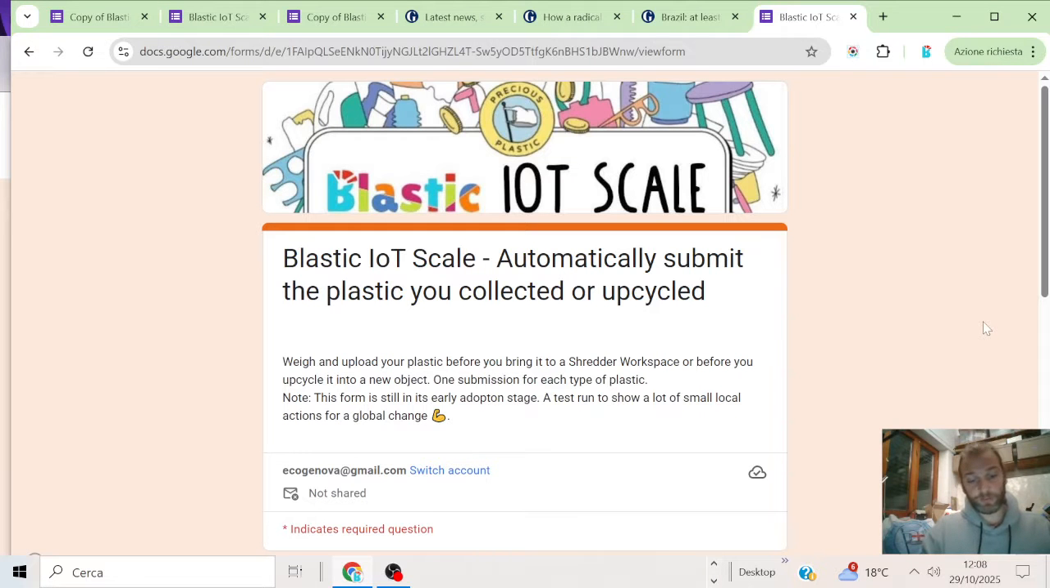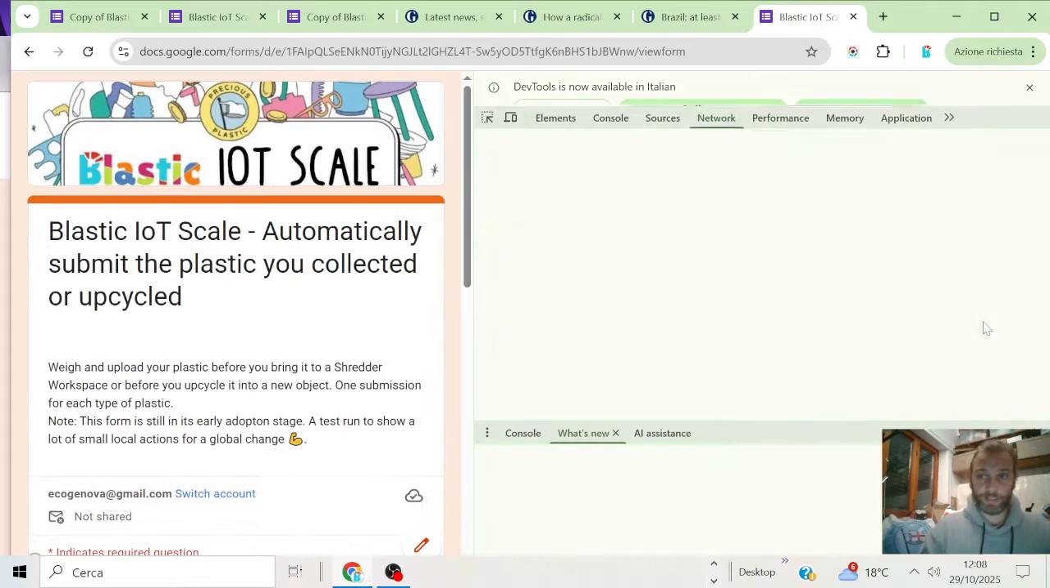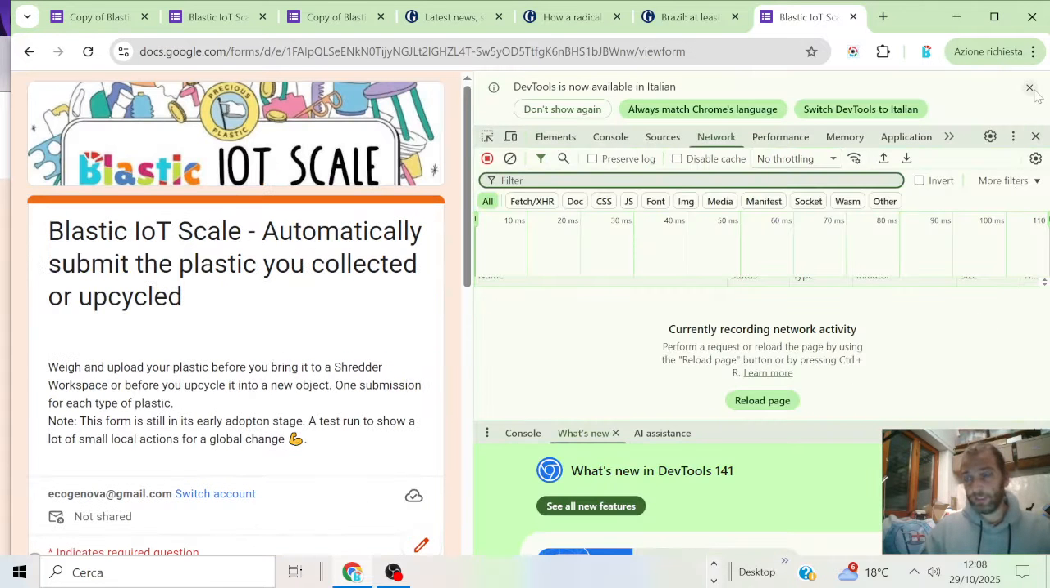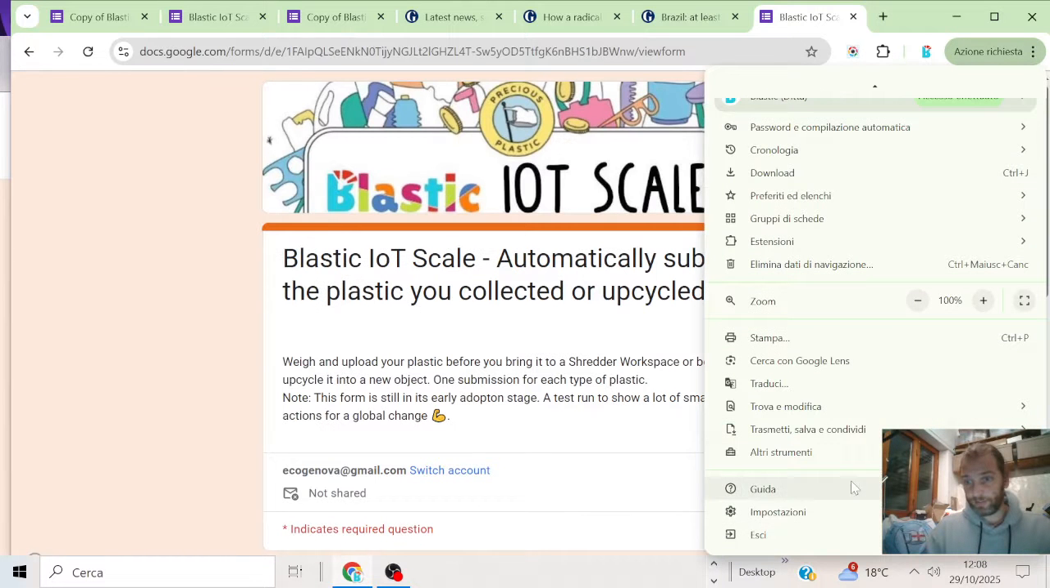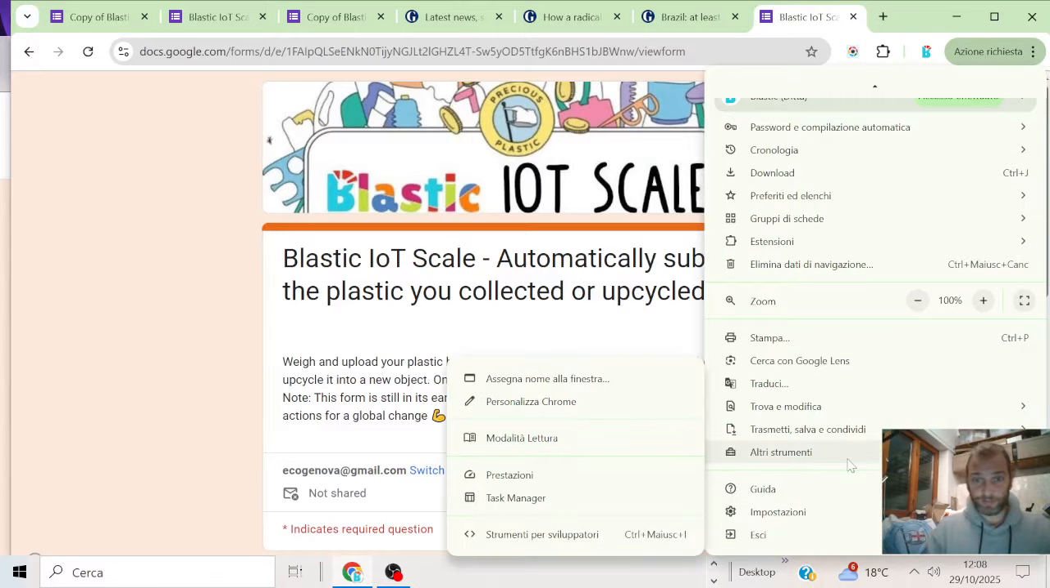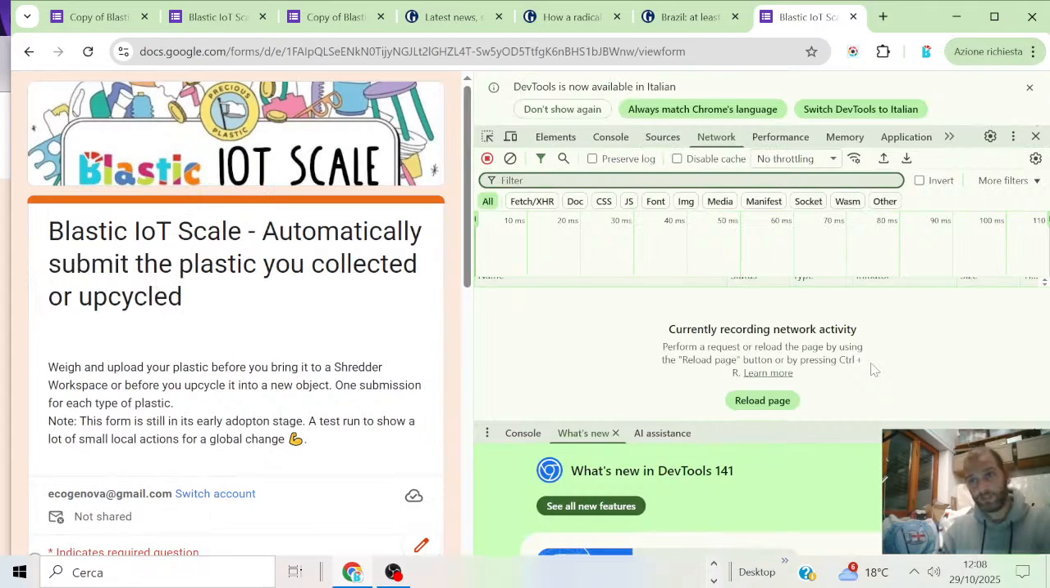I suggest Control Shift I, that opens it, or you can get there. Sorry, it is in Italian, but in other browsers you can get the developer tools. You click on that. You see the shortcut is Control Shift I, and I get this tab that opens here. I select network, that is already selected, and